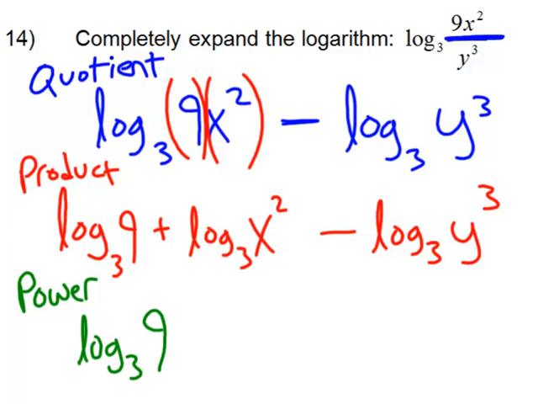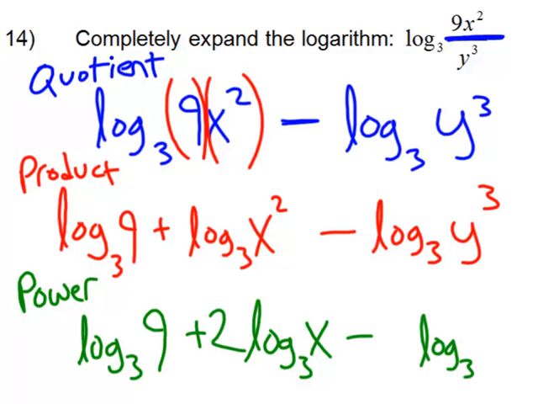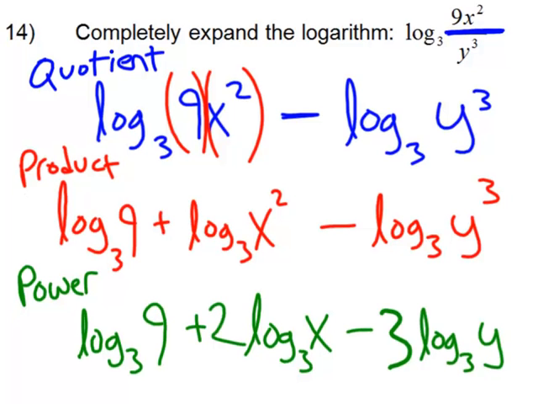Log base 3 of 9 plus log base 3 of x squared. And our power property says that this 2 can come out in front. So plus 2 log base 3 of x. And finally, minus log base 3 of y cubed. And one more time, our power property says that this 3 can come out in front. All right, the last thing to do here